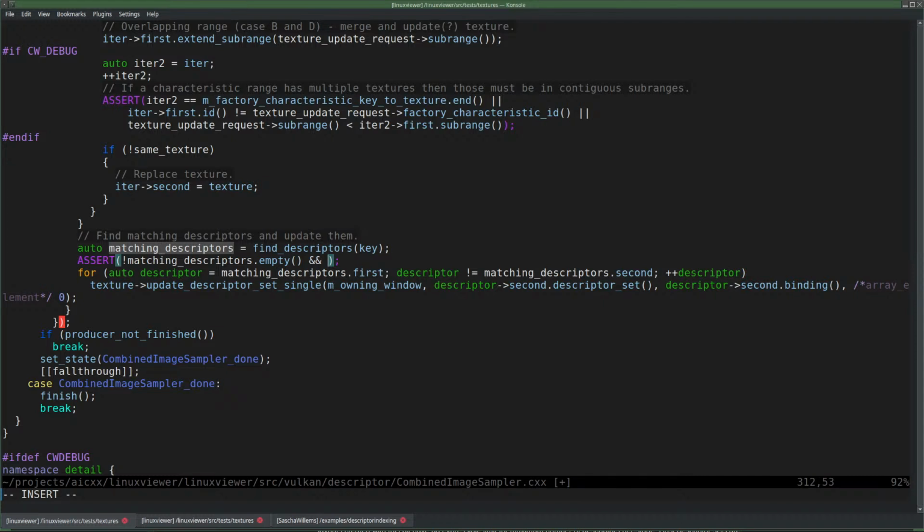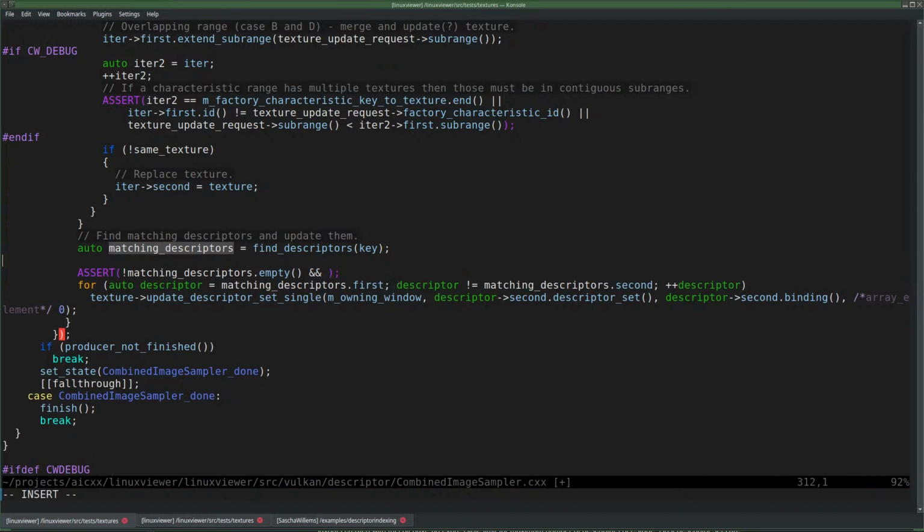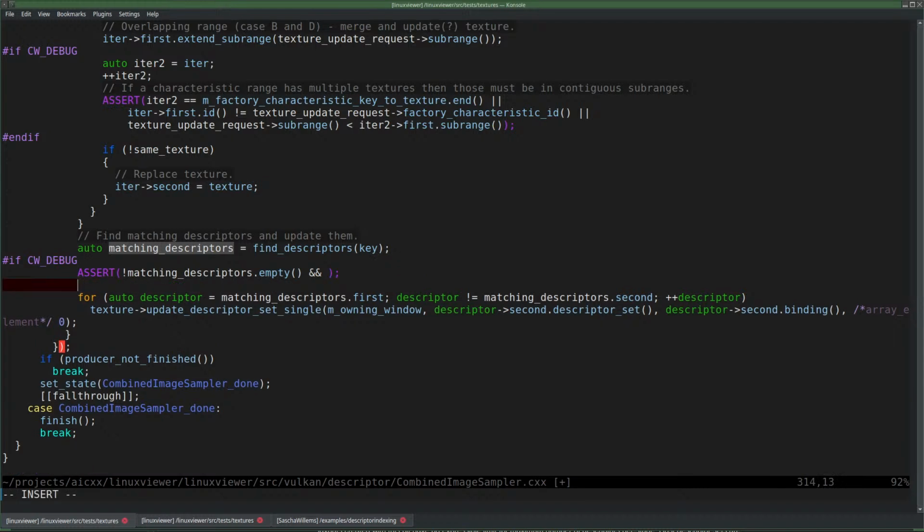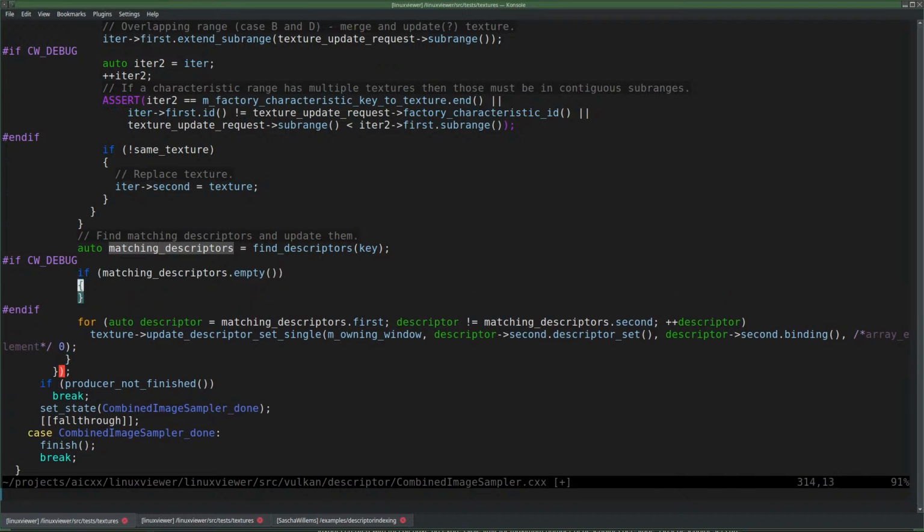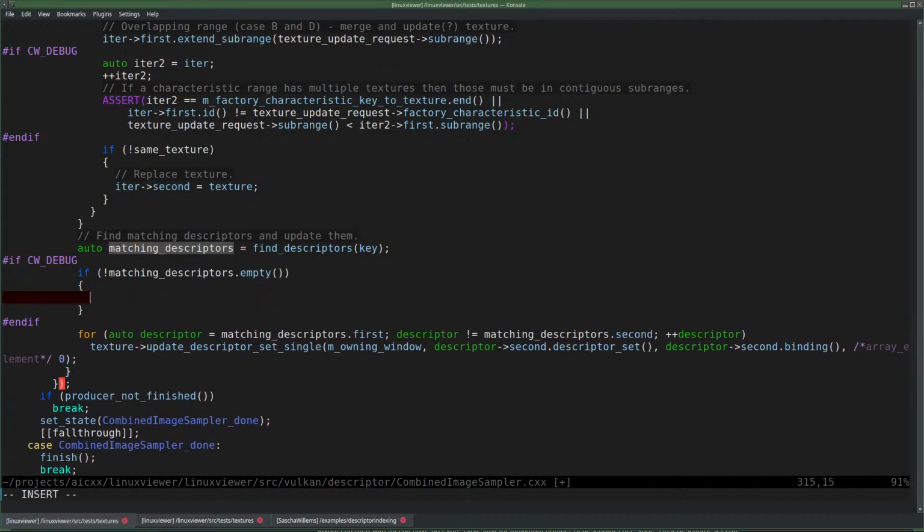Actually, it doesn't even matter that we pass those flags. I think I'm going to give a little bit more output, debug output, information than just an assert. Differently. If it is not empty,